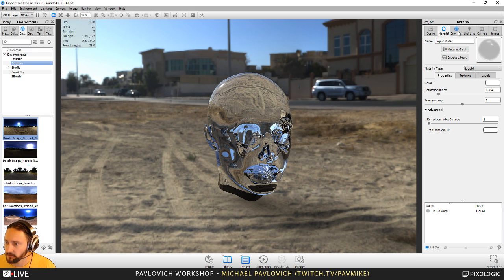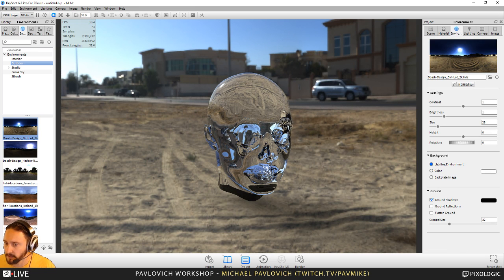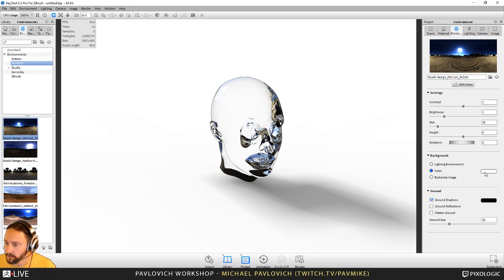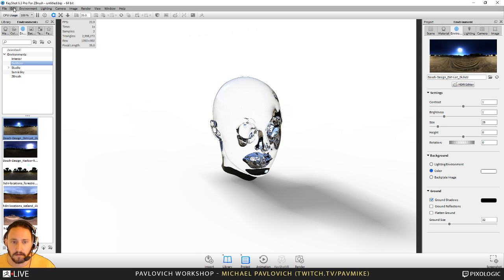And let's go ahead and change the environment here. So I want this to be reflected in my water, but I want the color background to be just plain. Yeah, that should work. So now if I want to put a plane down there, let's go ahead and do